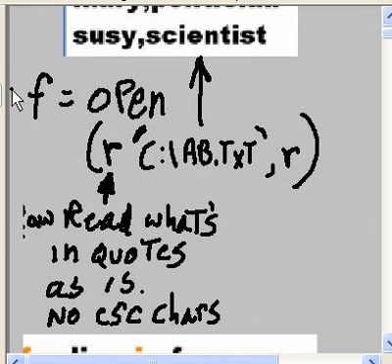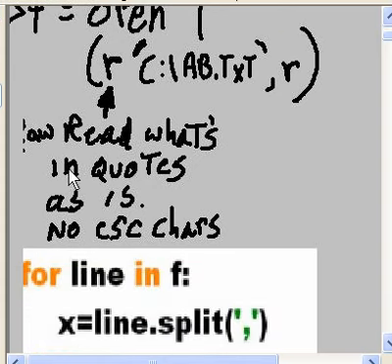I key in this Python code, f equals open. Open up what? This file, ab.txt. How? For reading. And open it up in a raw manner. Raw manner? What does that mean? That means